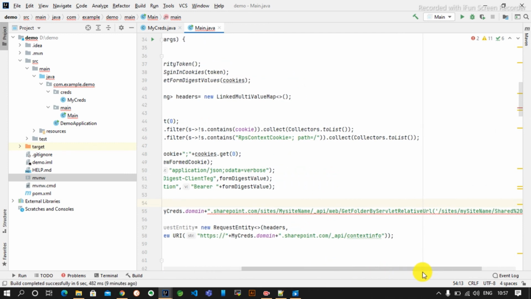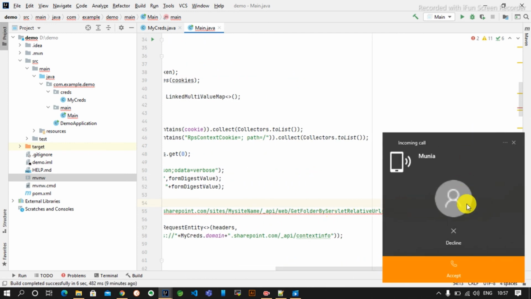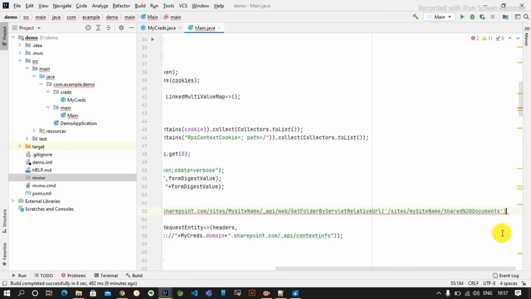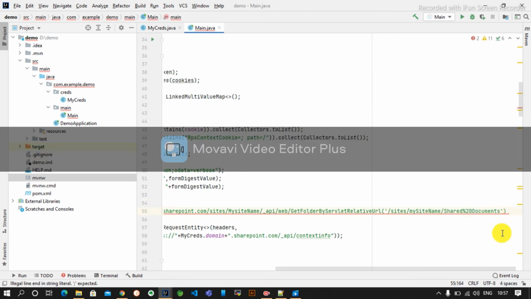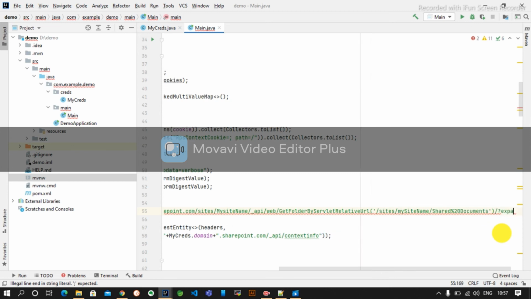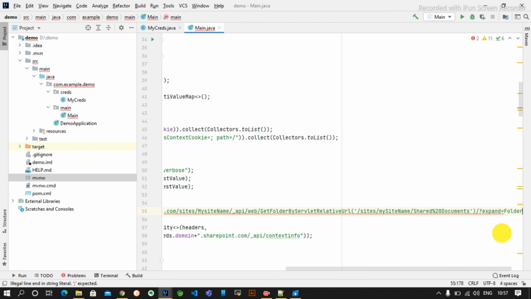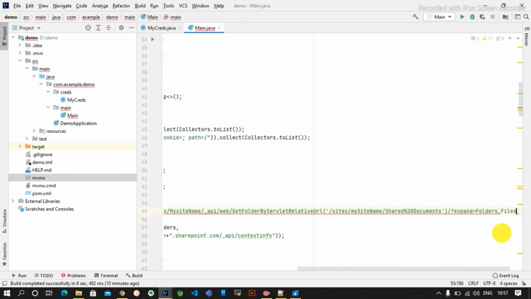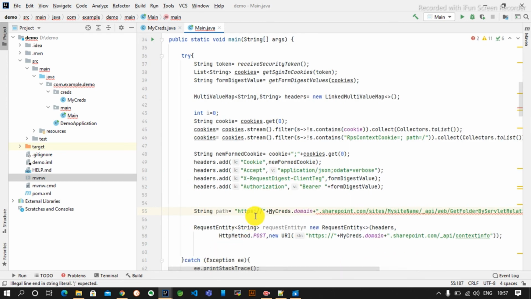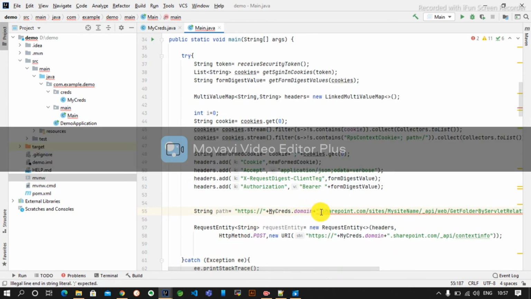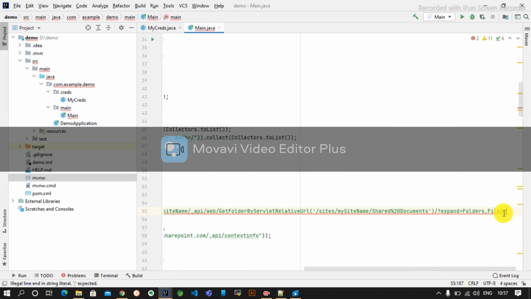So Documents slash expand is equal to folders and files. This will expand folders as well as files. Okay.